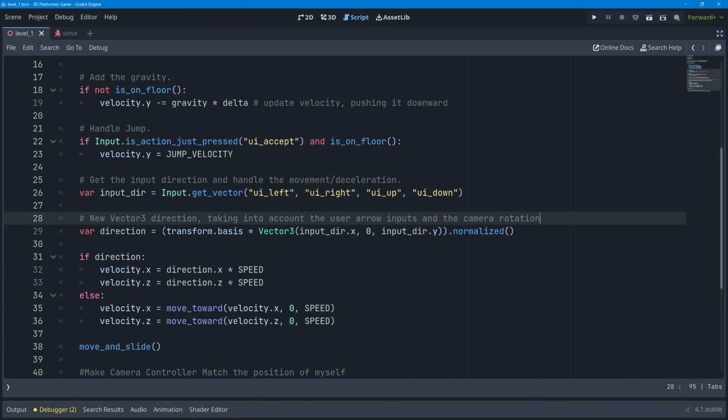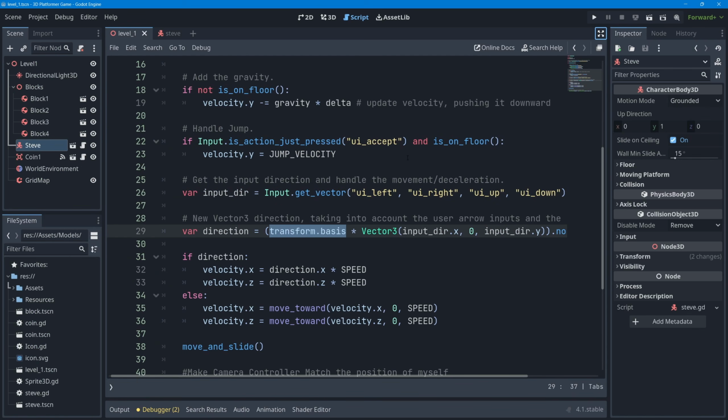Now, what is this thing called transform.basis? Well, without getting into too much mathematical detail, there is quite a lot of 3D geometric math to learn in order to fully understand what's going on here, which is beyond the scope of this course. What you should know is that every 3D object in a game, in a 3D game level, has a